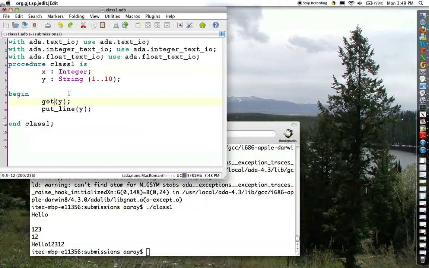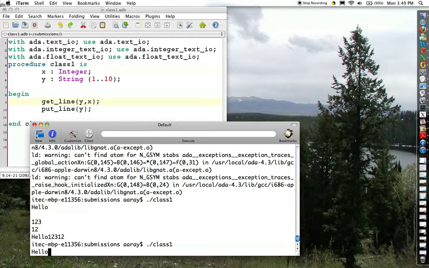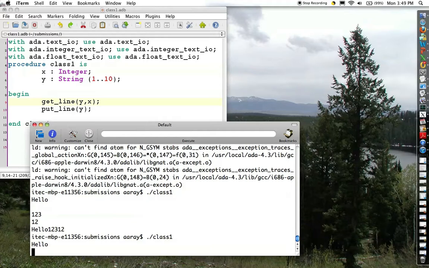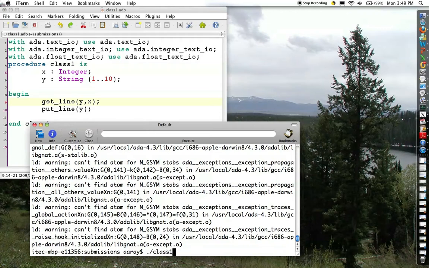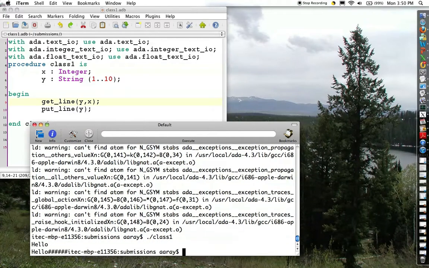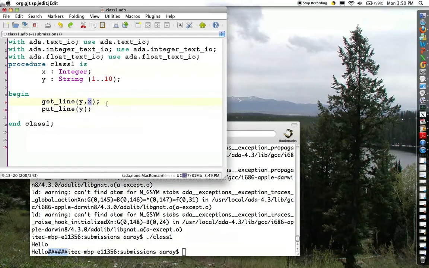So another method, if we don't want to keep getting information, is the get_line method. Now the get_line is going to read the specific information on the line. Well, it helps if you recompile. So if you don't recompile, you have the old information. So now we can see that it read in hello, and then we have extraneous characters at the end of our array. And that's what this x value is, because